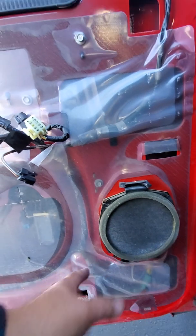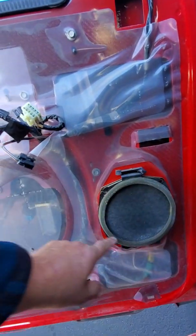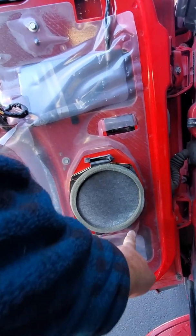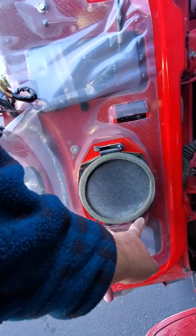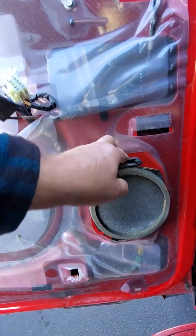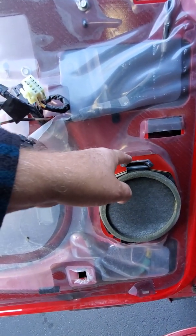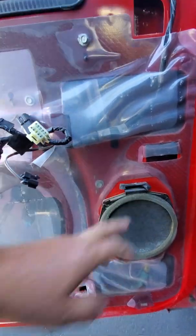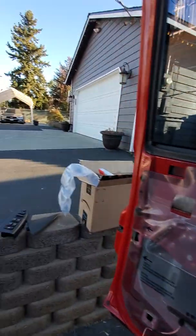Now the speaker is behind this plastic bracket, and there's 2 tabs down here that hold it, and this one you have to squeeze it down and it pulls out of the door, and that releases your speaker. Then you have to unplug your speaker. Now speaking of speakers,